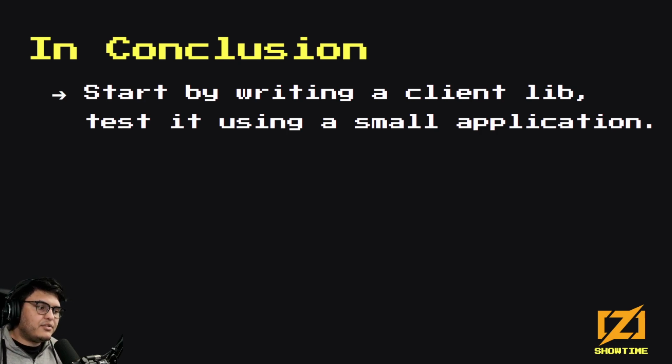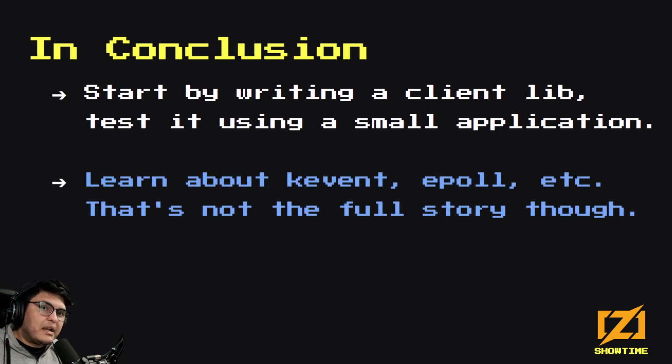But if you adventure yourself into unexplored territory when it comes to server applications, unfortunately, yes, you still have to learn more once you start factoring in resource management. Another thing is, learn about kqueue, epoll, etc. But know that that's not the full story. And if you go that route, you might want to take a peek at the event loop in the standard library and use that as a guide to understand from start to finish how your simple open socket, write hello, read a line, close application works.